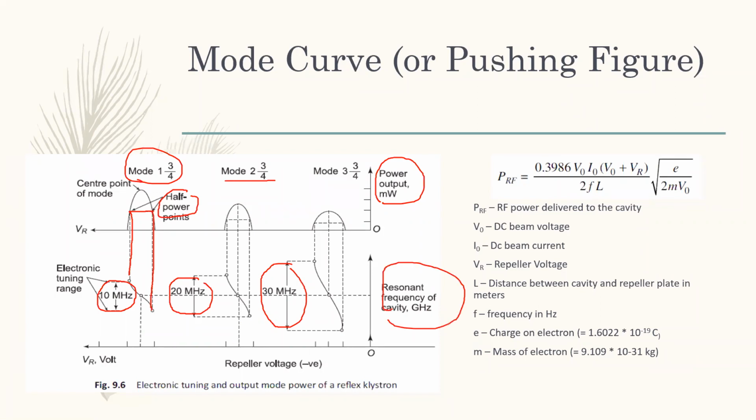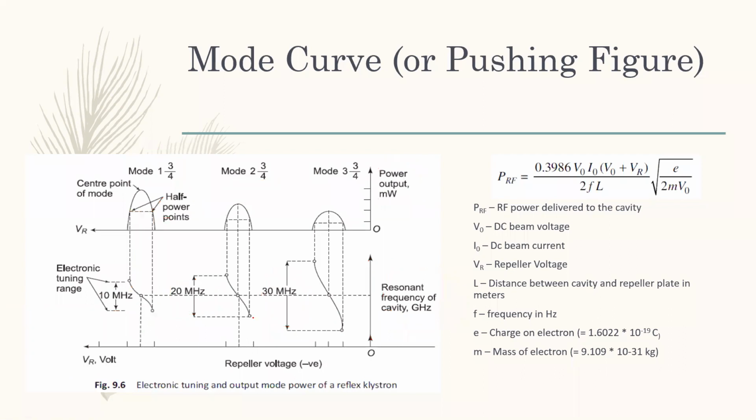And what does this imply? This axis is the resonant frequency. At the lowest negative peak interaction, I'll be getting the highest frequency value, and at the next negative peak value I'll be getting the lowest frequency. The frequency will be within this range. So it will be generated in the gigahertz, but the frequency will be in the range that is specified. This is what they have specified, what is given in this one.